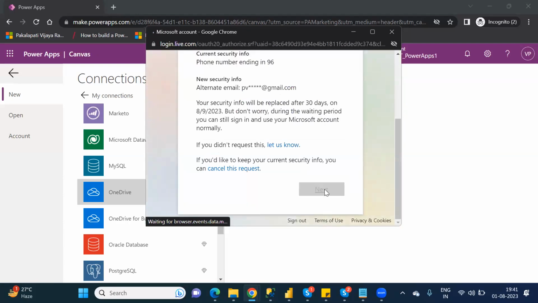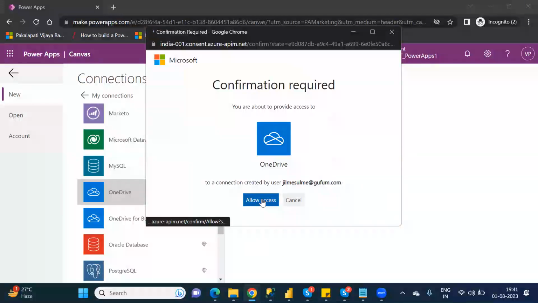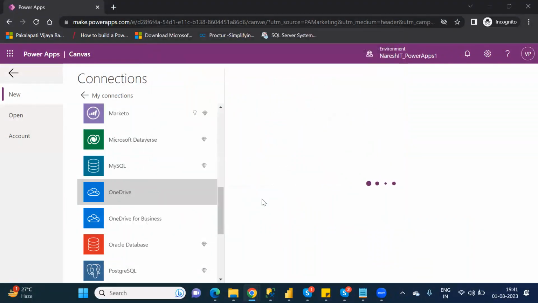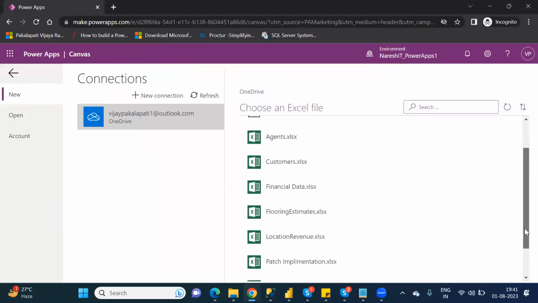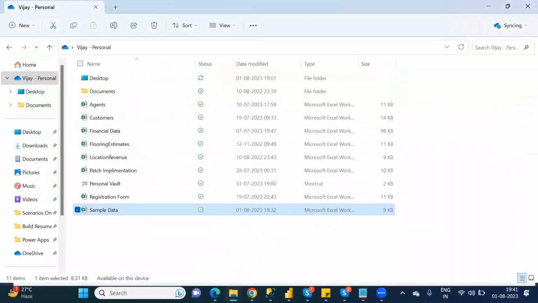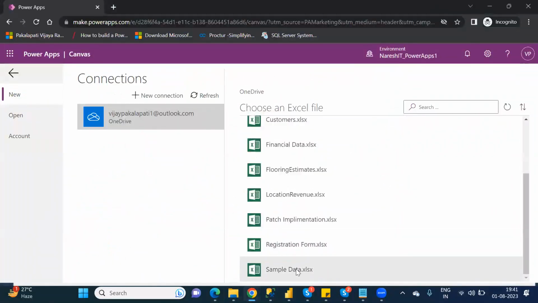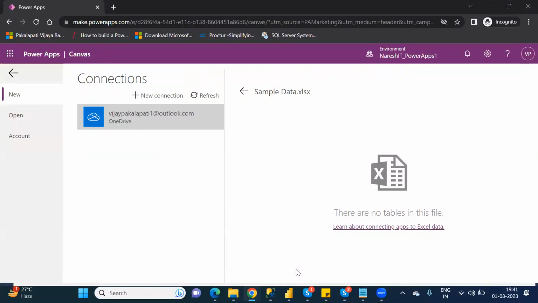Click on next. Allow access. Now you are able to connect to that particular one. What is the data we need to connect? Sample data, right? See, what is that one? Sample data. So you have to select this one. Once you select the sample data, your data is not able to connect here. Why are we not able to connect the data? Because